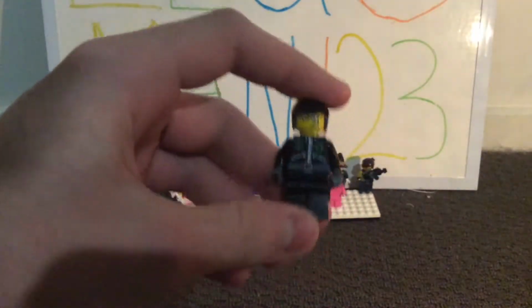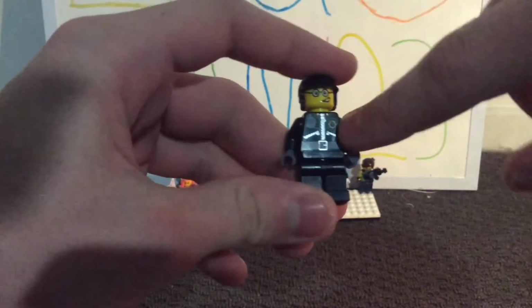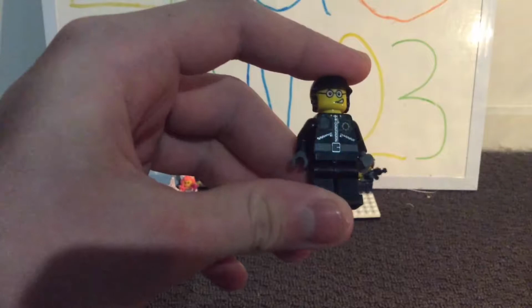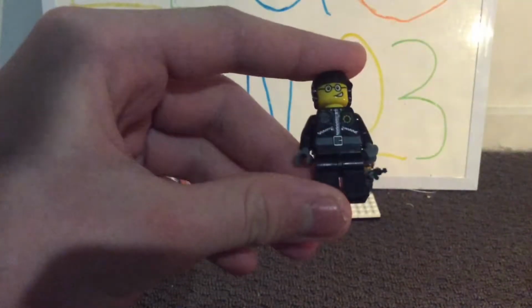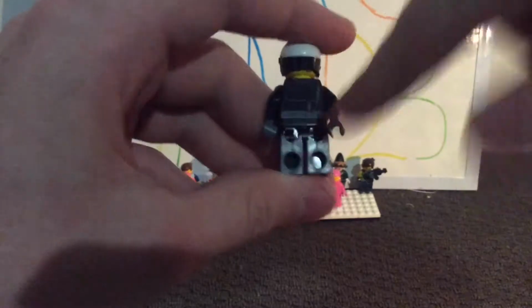Next we have Bad Cop or Good Cop. Now this was from the Series Minifigs. I really like the torso design on him, almost like a badge sort of design. I don't know how to explain it. Then his walkie-talkie, and a few pockets with a belt. But the legs are pretty boring, I kind of wish they had added something on there. The back just has his walkie-talkie cord. And he does have two facial expressions,